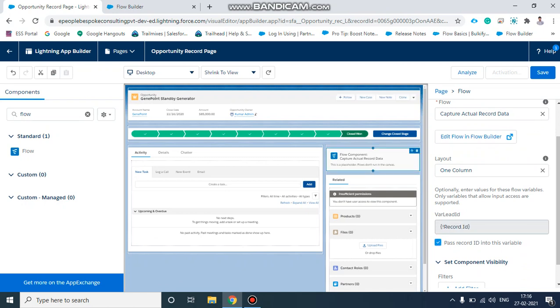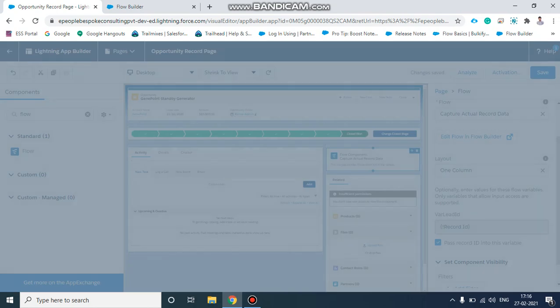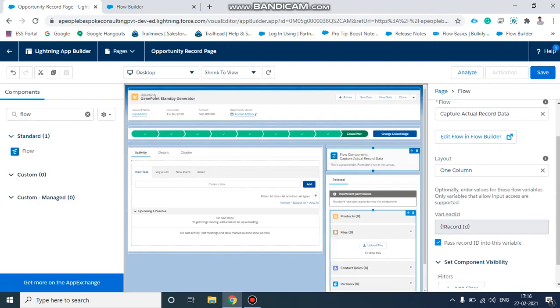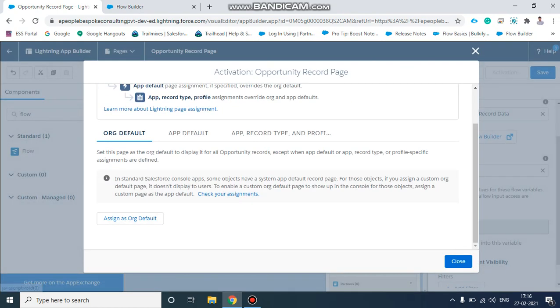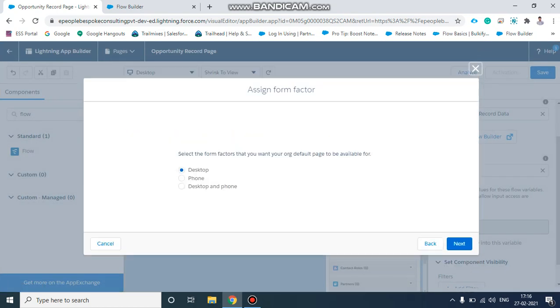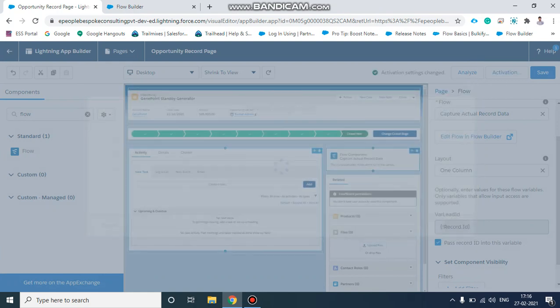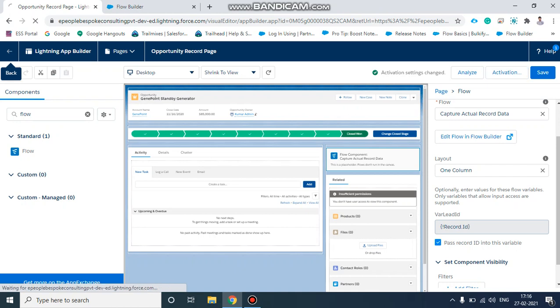Okay, pass that record ID and we will save. Activate it, and we will assign it as the org default. Click next, save. Now we will test.